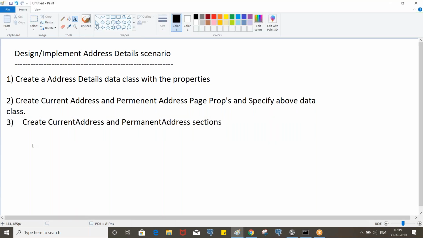In the current address section, we specify current address related properties, and similarly permanent address properties in the permanent address section. We can achieve this in a single section also, but in some places, if you want to use only the current address section, you can use that instead of creating it again.